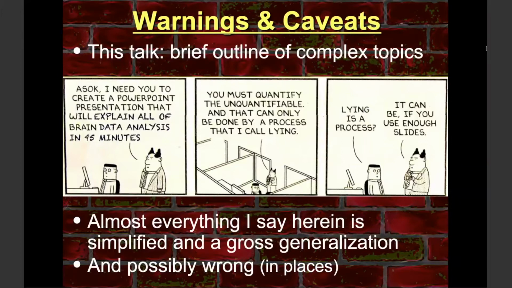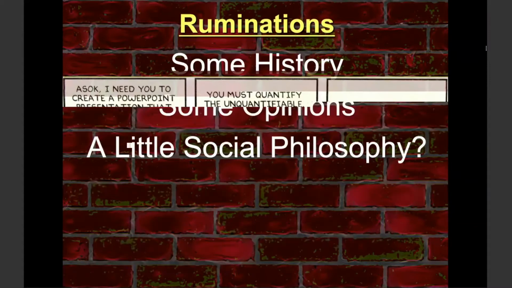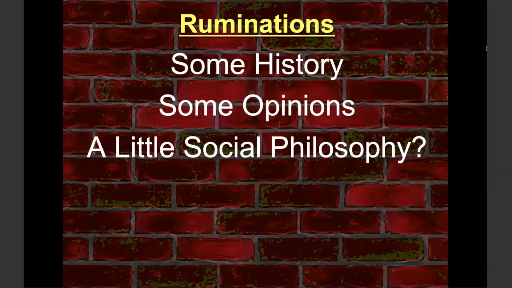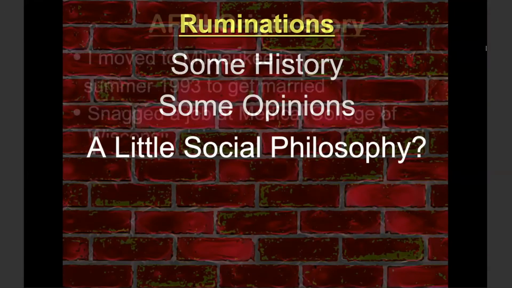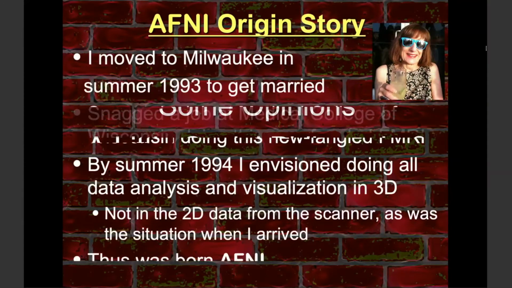So I'm going to start with the ruminations that I talked about, which literally refers to the rumen of a cow. It's what a cow does, sort of sits there, chews things, and digests. I'm not going to be actually doing that, but I will be thinking philosophically like cows are surely doing. So the origin of AFNI: I moved to Milwaukee to get married, and then I